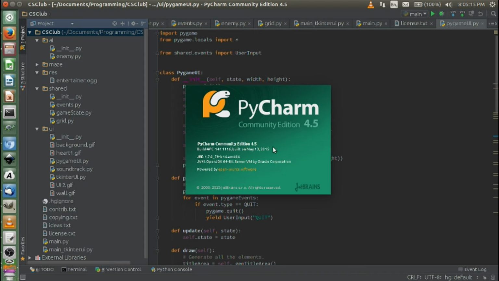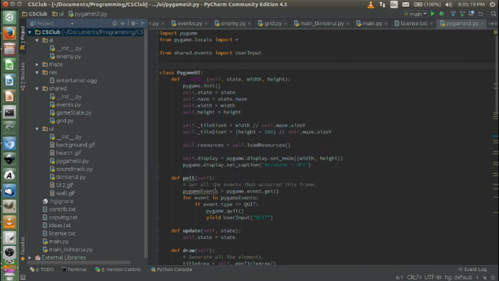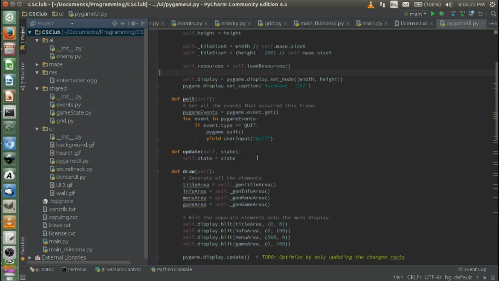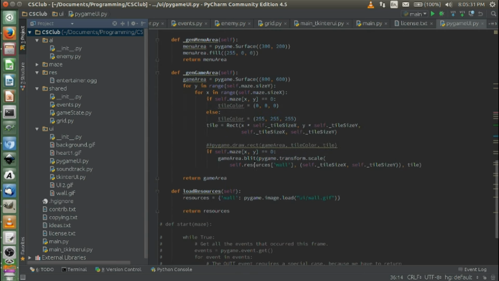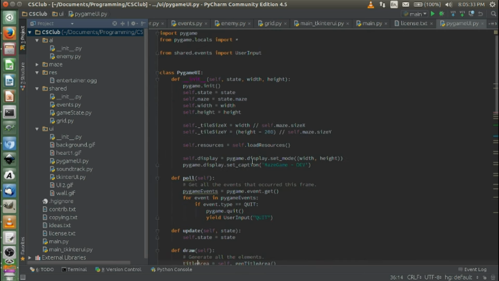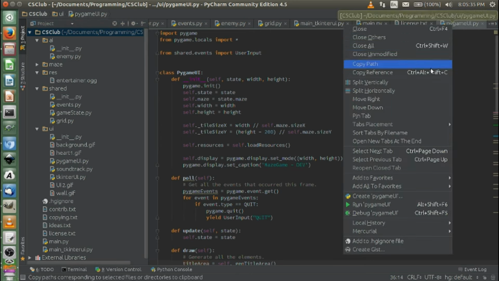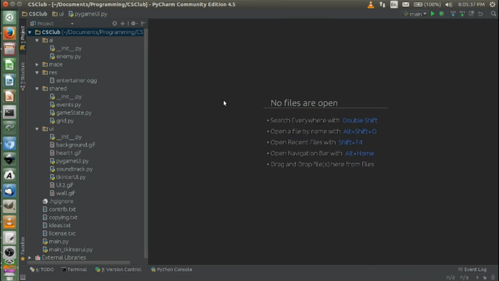The advantage of using an IDE is manifold. You end up with an interface that includes, for example, syntax highlighting, and it also inspects your code. So if there are problems in your code, it will tell you about them while you're writing the code itself. So this is just an arbitrary file, pygameui.py. Let's close all these files,